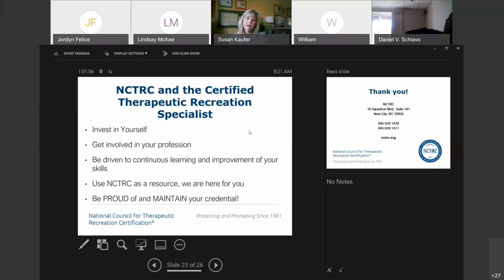And again, just knowing that this is your profession, and thinking about advocacy for yourself and who you are on your team where you are employed. You want to advocate for yourself. You want to keep yourself as knowledgeable as you can in order to provide those best services for your clients, for your participants, for your patients. So be really motivated to continue that learning for yourself. And certainly let us know if we can be of any assistance, again, in either the verification process or the advocacy process, what we can help you with.